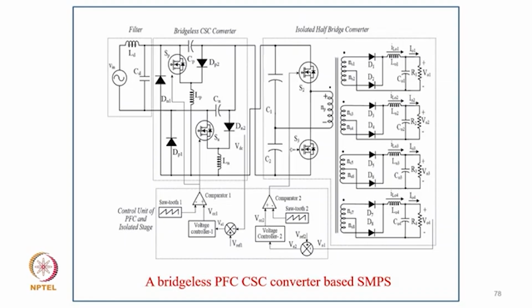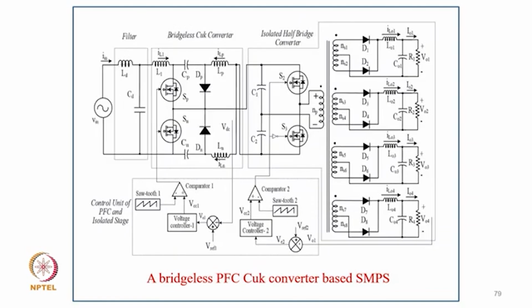So here also we can call them the positive half cycle and negative half cycle converters. Because these are DC-DC converters, they can run, one connected in positive and another in negative with opposite voltage, and that works well for power factor correction and for designing the inductors LP and LN in DCM. So their value is quite low, so the size does not increase, but losses are reduced because of the bridgeless configuration.